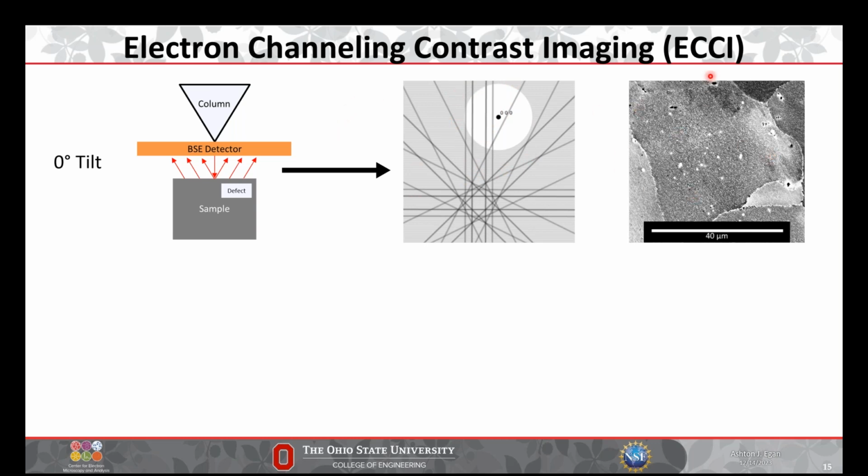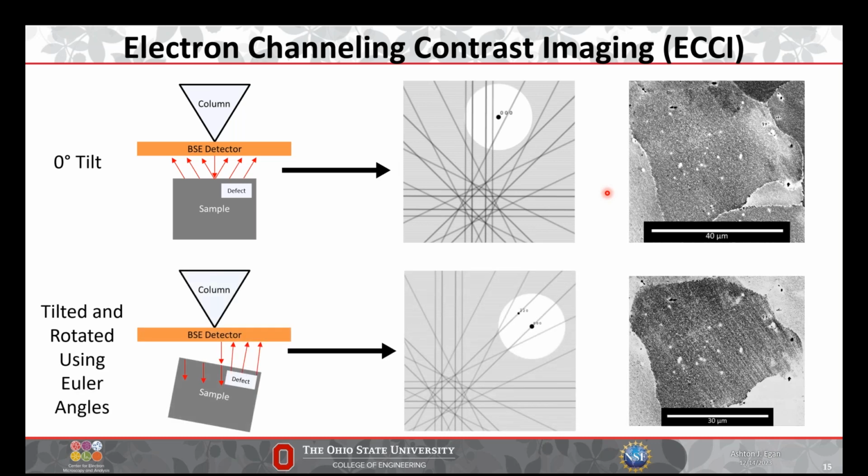And this is what the grain of interest looks like on the far right. You can see it just looks like a grain using a backscatter detector. You get some contrast based on its orientation, but nothing special jumps out at us. What I can do instead is tilt and rotate the sample using the Euler angles such that I get into a channeling condition, which is similar to a two-beam condition in TEM. In fact, I can choose which G vector I excite and basically get a channeling contrast image on the far